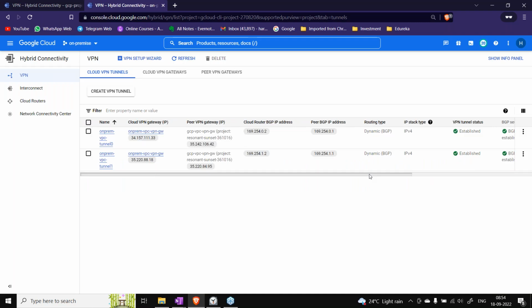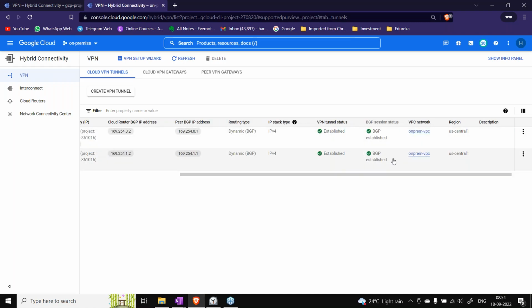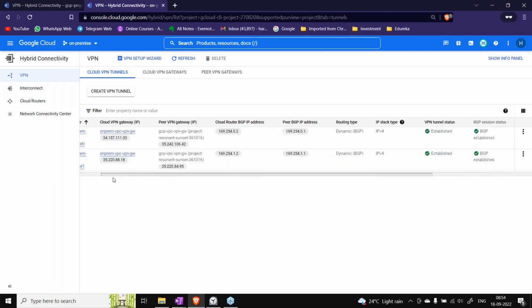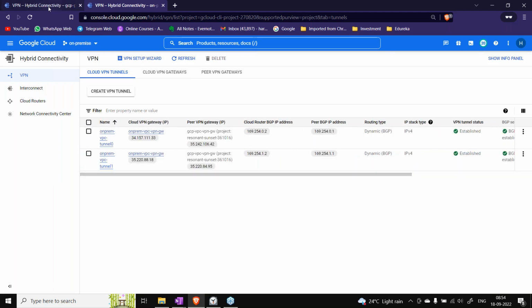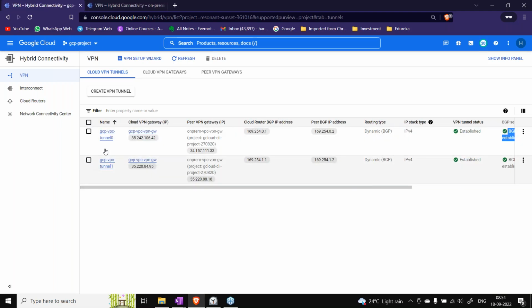Similarly, on the other side, the session status is established. That means the BGP sessions are taken care of between the two tunnels, and we have two tunnels now. So if I accidentally delete or something gets broken on one tunnel, the second tunnel will keep the connectivity between my GCP and on premise.